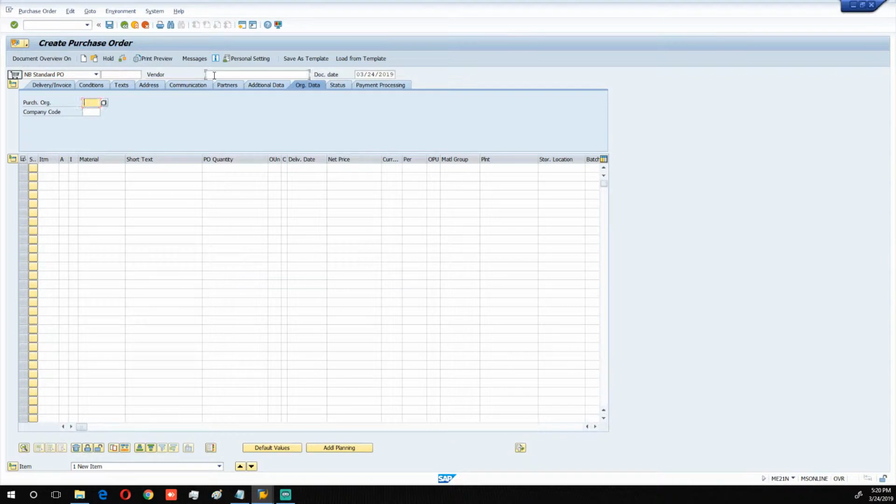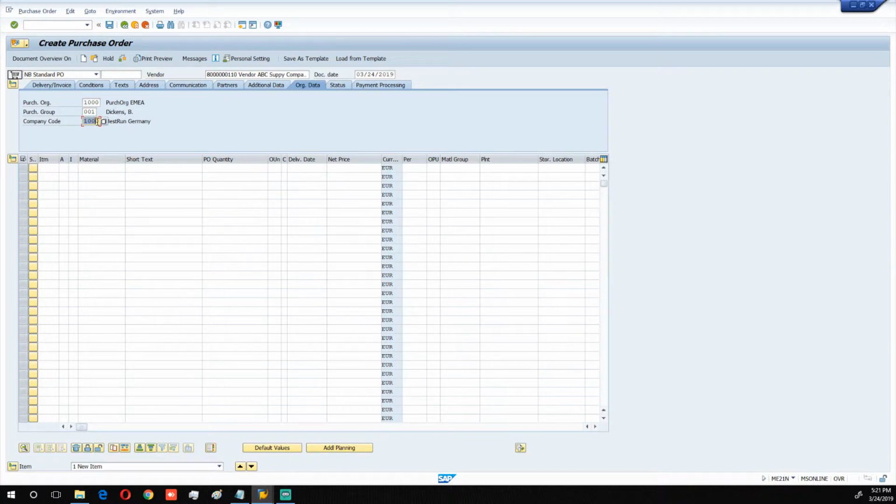So here is where we put in our vendor, purchasing organization, and company code. I already have a vendor pre-selected for me, so I'm just going to paste it right there, but you can actually put in your vendor number. Enter. Once again, I have my purchasing organization, purchasing group and company code given to me by the system because that's how I configured my user parameter settings. But you can actually put in whatever values you want to use right there for your purchasing organization, purchasing